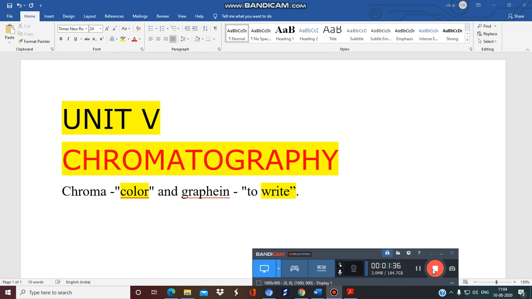You will definitely see why I am saying this, and why I am explaining the extraction part before starting chromatography. So let's start, and you will clear all the doubts. Chromatography comprises two words, chroma and graphein. Chroma means color and graphein means to write, or you can say chromatos means color and graphos means to be written in Greek. So in the meaning of chromatography, a color is there and the written part is there, meaning we have to visualize some color.